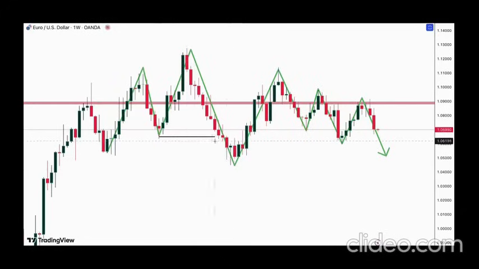So it broke this structure. So this means this is a shift of the market trend. The market is now taking bearish, or taking downtrend here. So as you can see there, so this was the